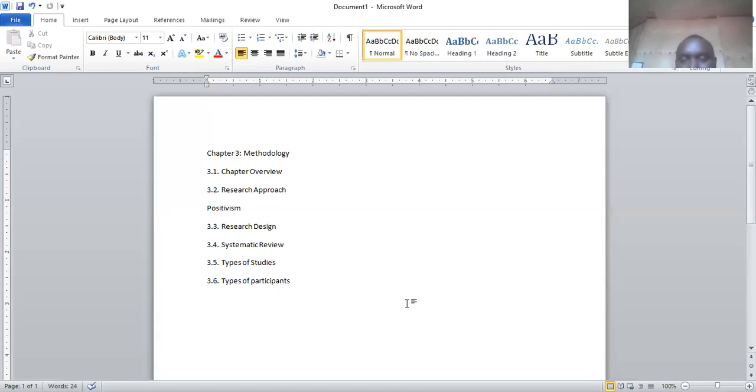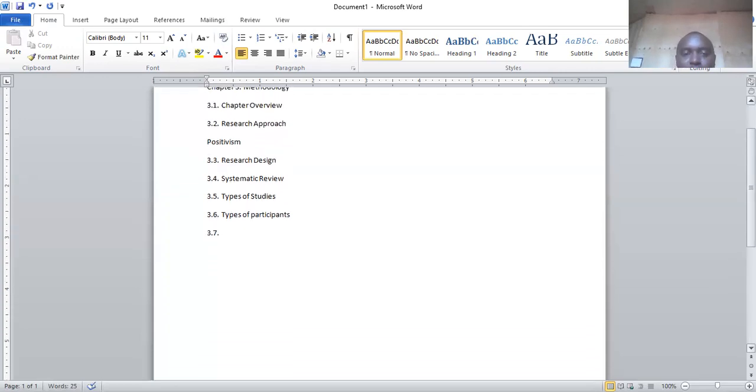Who will be your participants? Which proportion of the population are you going to study? From there, I think it will just be discussion in this section. There's nothing unique, but I'm going to be very detailed on the most unique